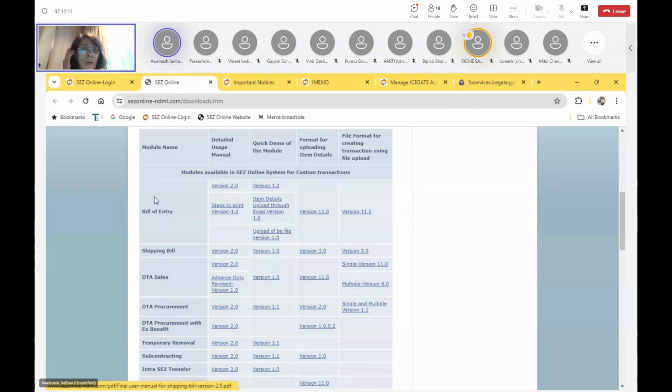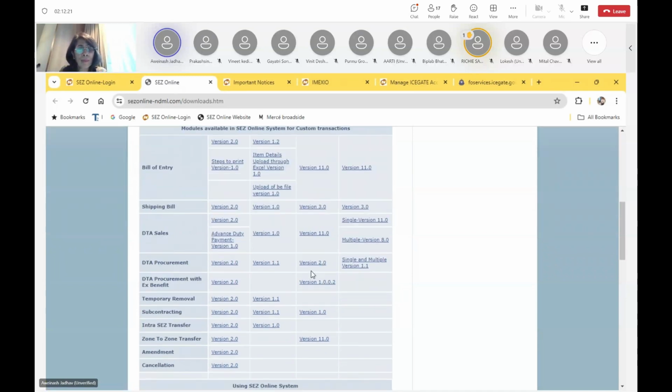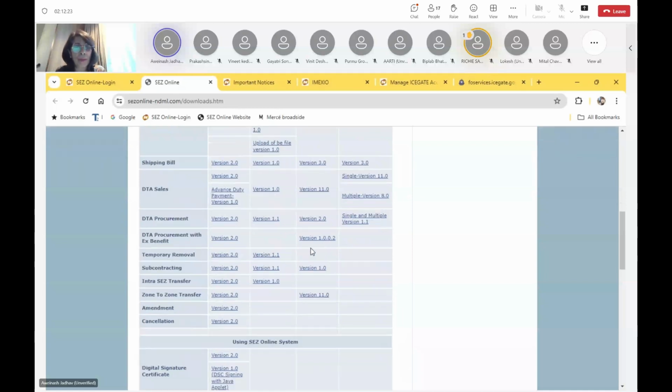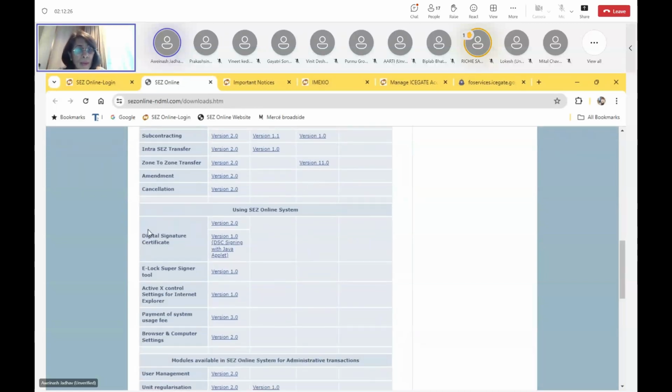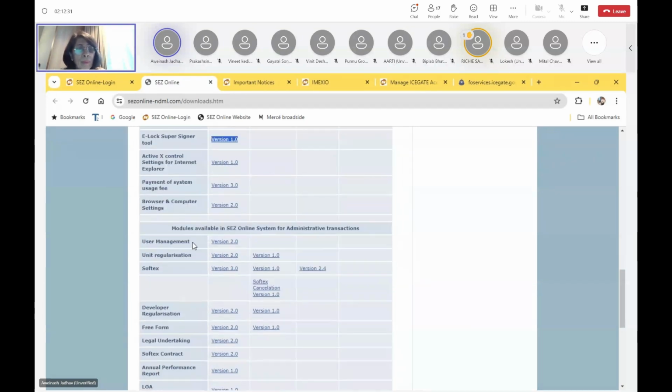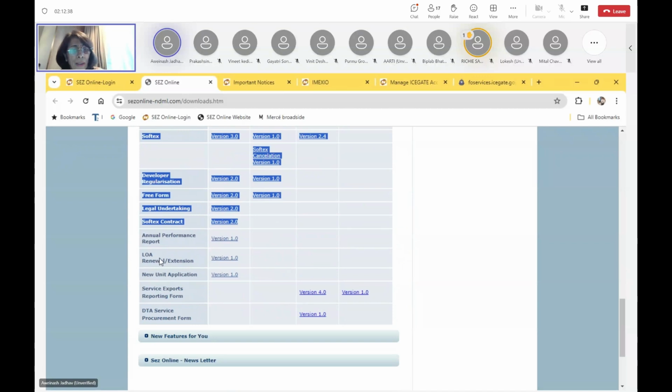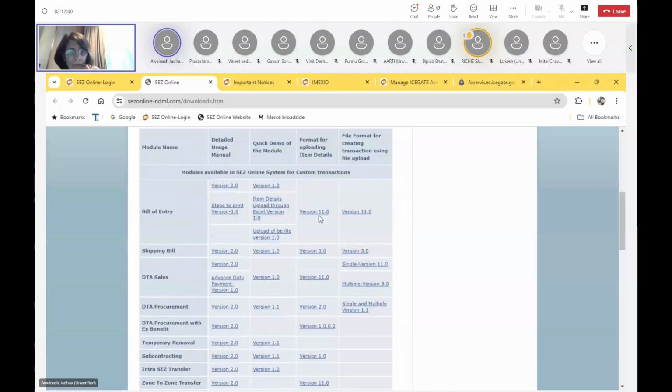एक मॉड्यूल जो अवेलेबल है सर्च ऑनलाइन में, हम लोगों ने इसके लिए डिटेल यूजर मैनुअल लिखा है। अगर आइटम अपलोड्स आपके लिए एप्लीकेबल है तो आइटम अपलोड की फैसिलिटी दी है, मतलब वो लिंक दिया है कि कहाँ से डाउनलोड कर सकते हो। डिजिटल सिग्नेचर के सर्टिफिकेट का मैनुअल है, ई लॉक सुपर साइनर का मैनुअल है। यूजर मैनेजमेंट, यूनिट मेकर और अप्रूवर कैसे क्रिएट करना है, ये सारा मैनुअल जहाँ पे अवेलेबल है। ये आपके लिए भी नॉलेजेबल होगा और बाकी जिनको डाउट रहेगा उनके लिए भी इजी रहेगा।